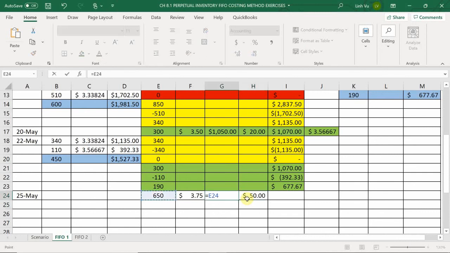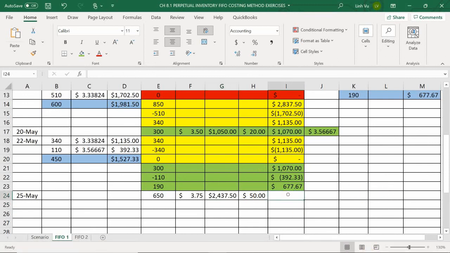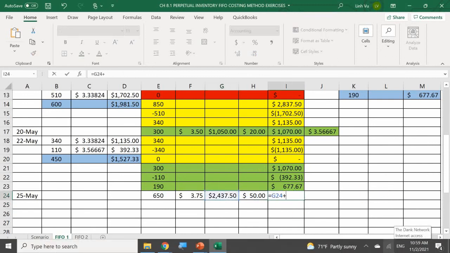So what is my purchase price here? $2,437.50. Good. Plus my $50. $2,487.50. Okay. Which brings my cost per item to be